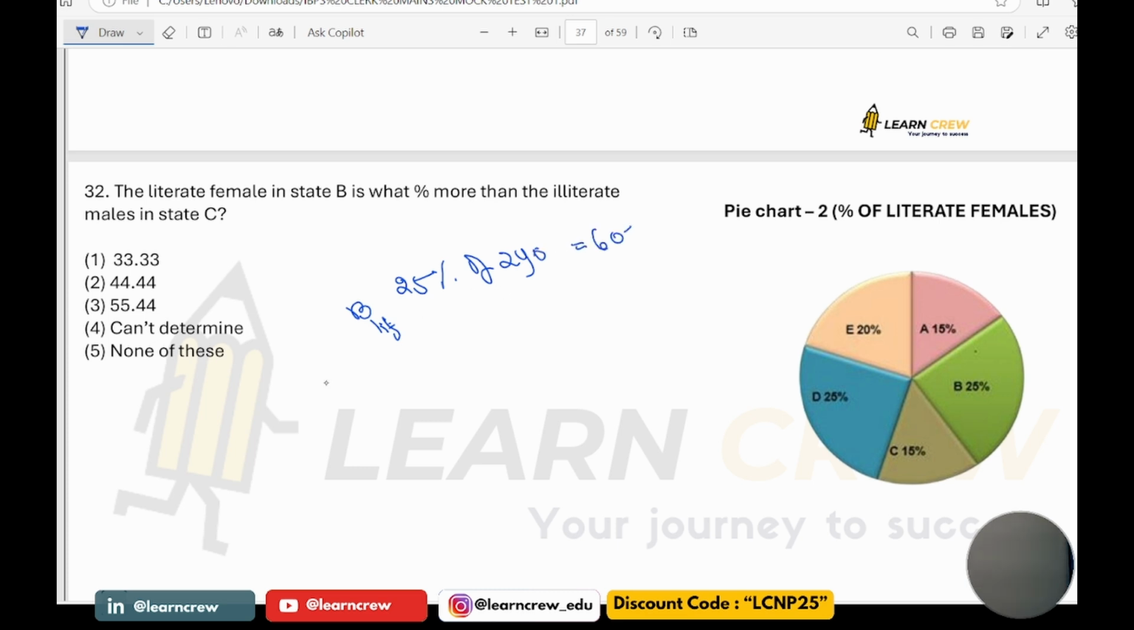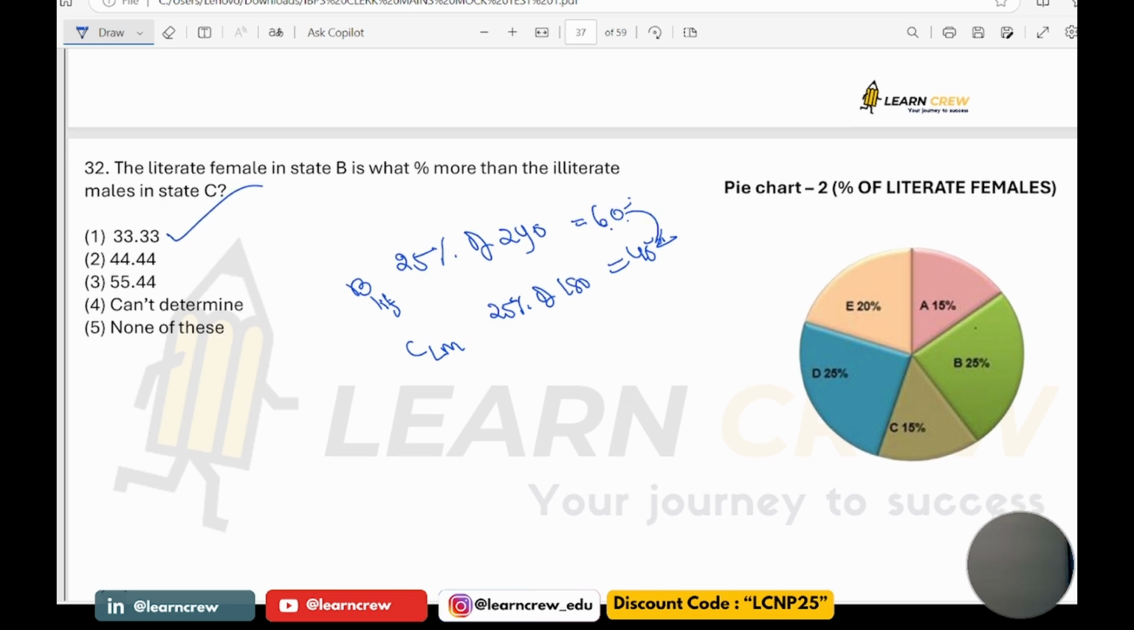And whereas C literate male is how much? 25% of 180, which is 45. So 60 is what percentage more than 45? So it is 1/3, 15 more. So 1/3 more, 33.33 percentage. Next,